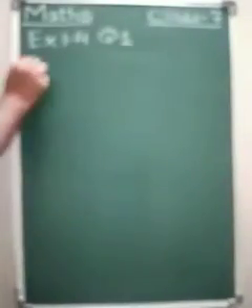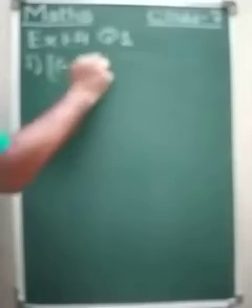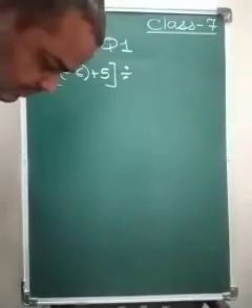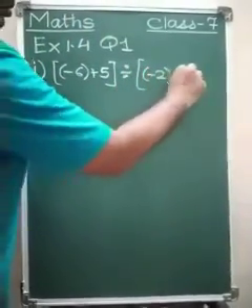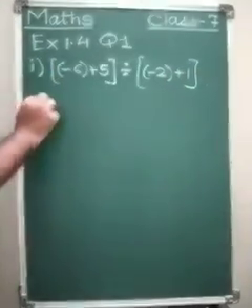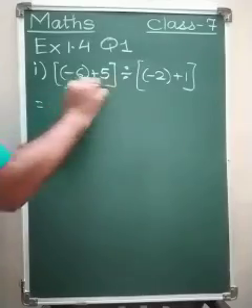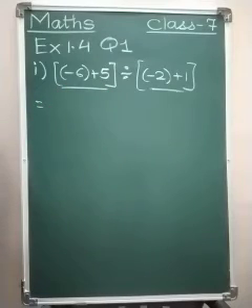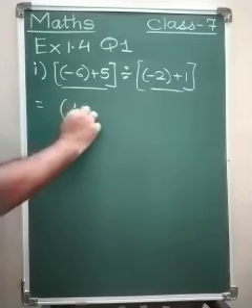Okay, so I sum now. I sum: minus 6 plus 5 divided by minus 2 plus 1. Okay, so this equals minus 6 plus 5, minus and plus. Directly we are going to solve this also and this also at one time. So minus and plus, operation performed would be subtraction. So out of 6, 5 is gone, answer is 1.